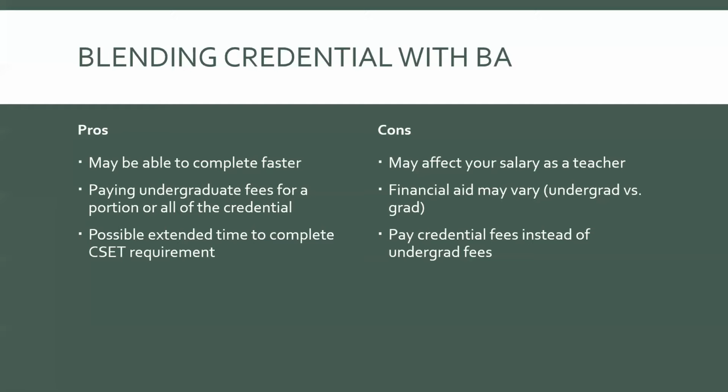So pros, for some of you, it may mean that you complete faster. It may mean that you're done with your bachelor's and your credential in a faster amount of time. For those of you who decide to blend either half of the credential or all of the credential, it would mean that whatever you're doing with your bachelor's degree, you are paying undergraduate fees instead of credential fees. So it's a little bit cheaper, essentially,